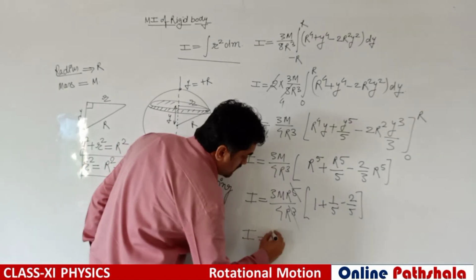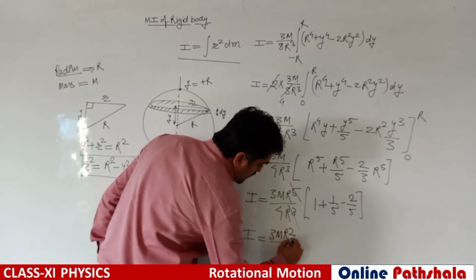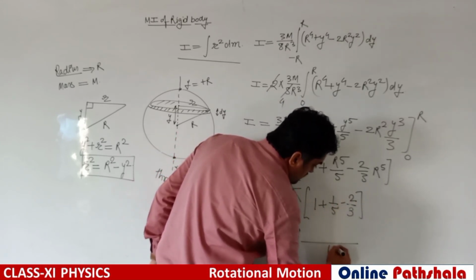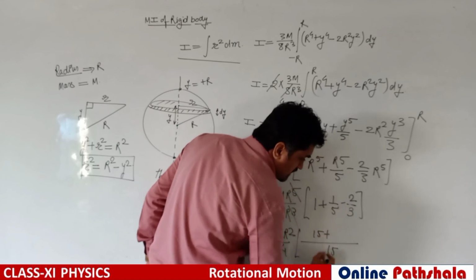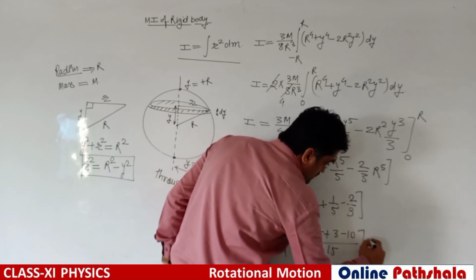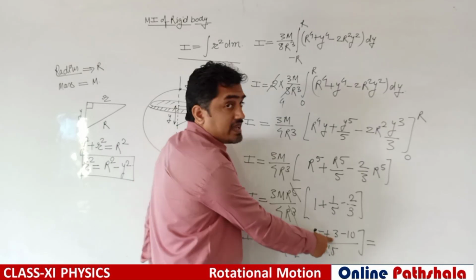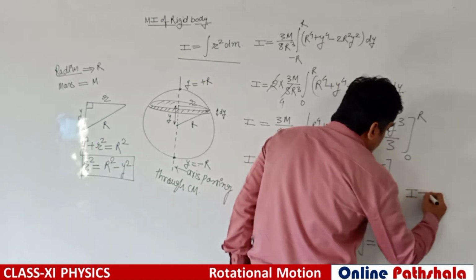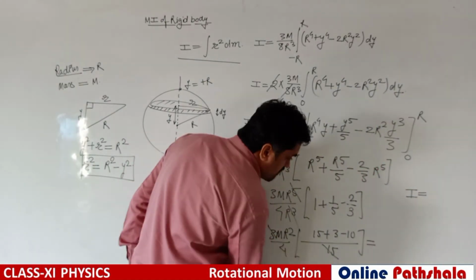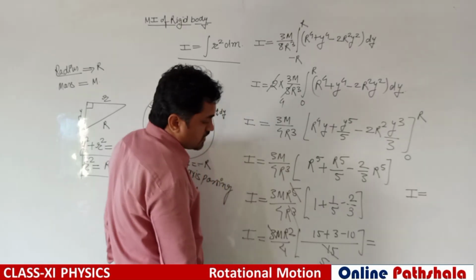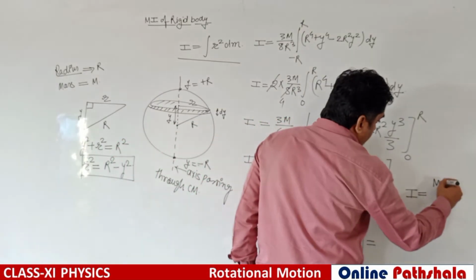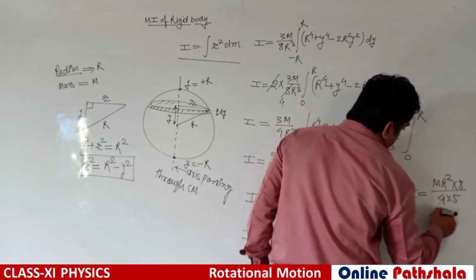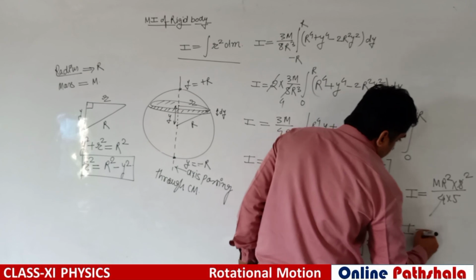I is equal to 3 M R square by 4, and after taking LCM we will get 15, so 15 plus 3 minus 10. So finally 15 plus 3 is 18 minus 10 is 8. So I equal to this 3 will cancel out by 15, we will get 5. So M R square into 8 divided by 4 into 5, 2 times cancel,